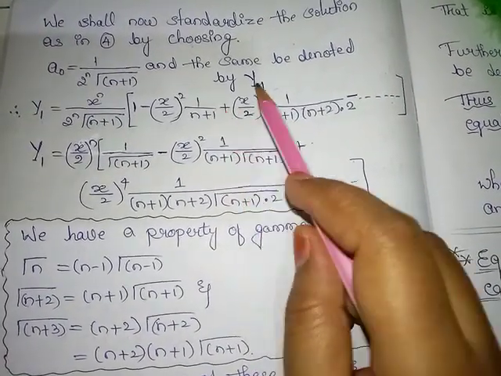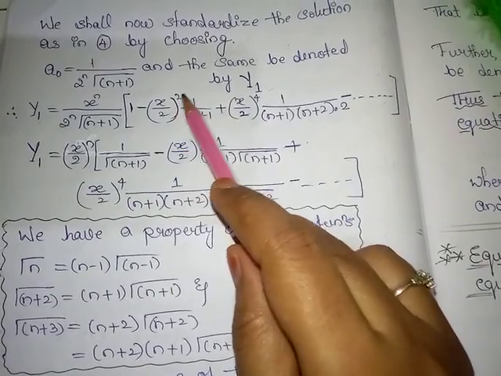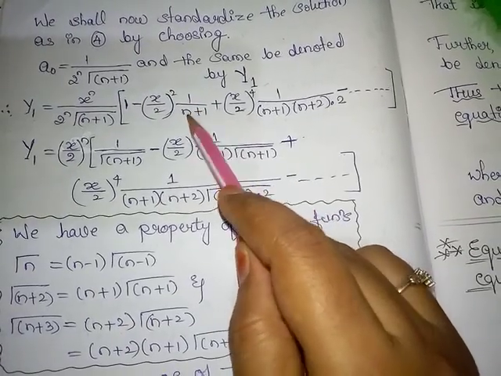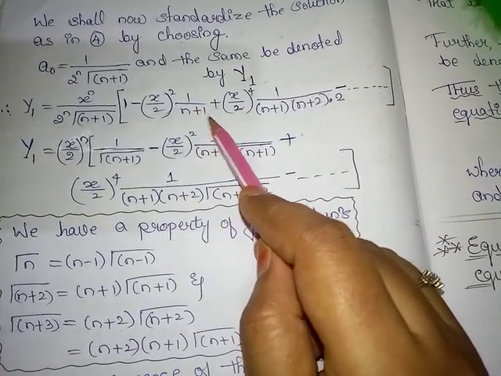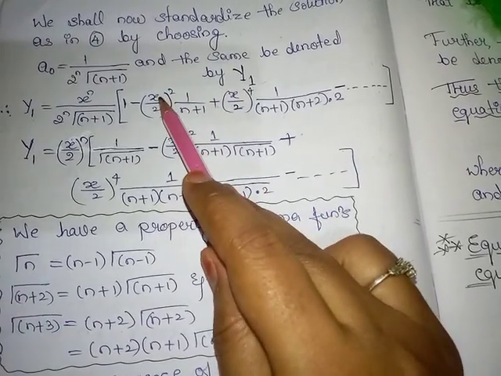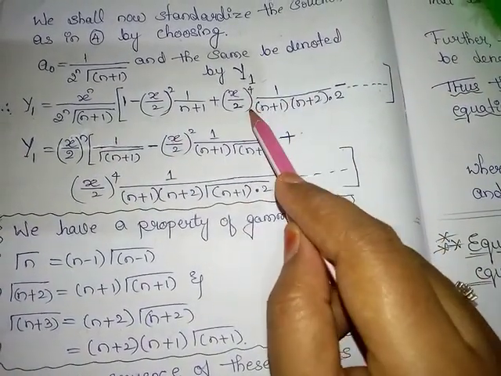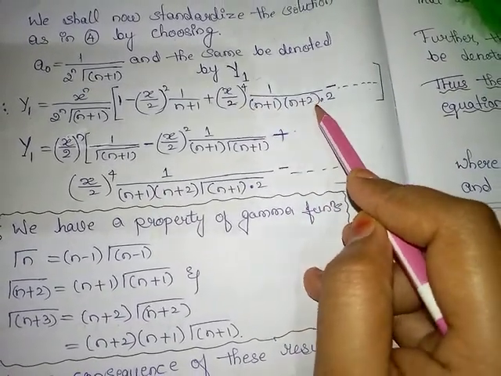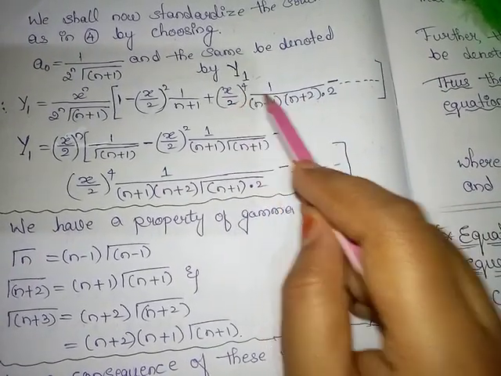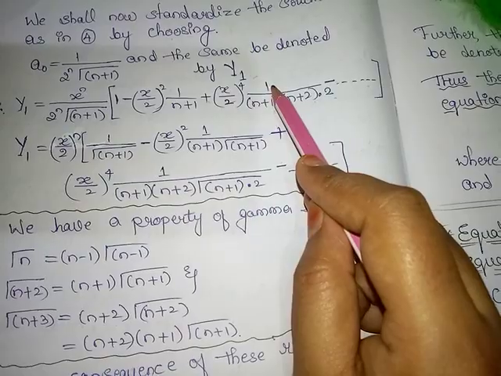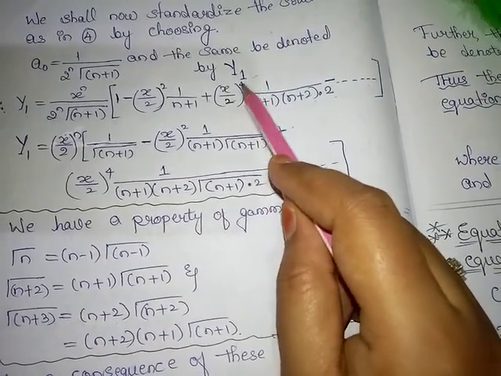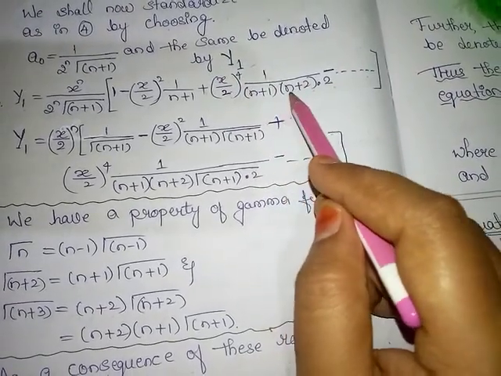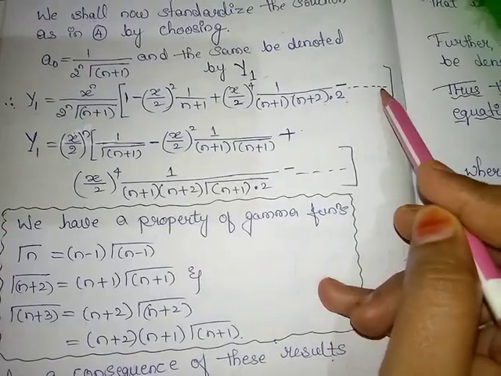This is the same as equation 4; the only difference is how I am writing x. In equation 4 we have x squared divided by (n plus 1) into 4, and that can be written as (x by 2) whole squared. Here we have x raised to 4 divided by 32 into (n plus 1)(n plus 2), and 32 into (n plus 1)(n plus 2) can be written as 2 raised to 4 into 2. With x raised to 4 in the numerator, it is (x by 2) whole raised to 4 into 1 divided by (n plus 1)(n plus 2) into 2, minus and so on.